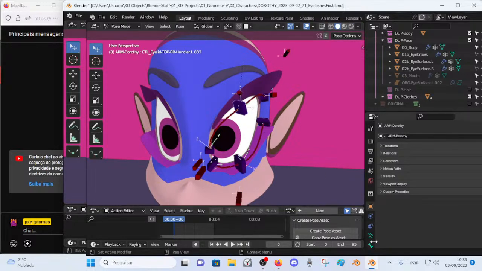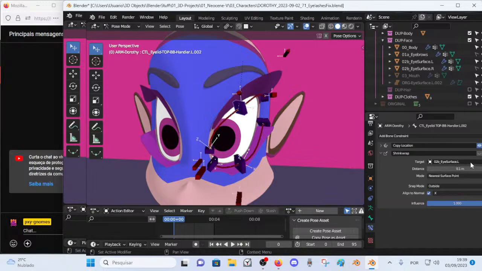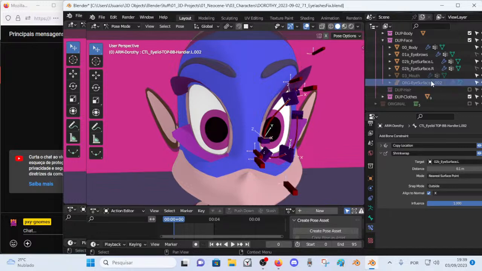So currently this bone constraint is shrink wrapped to the surface, the eye original, but I want to use this as a target. Let's target here. Actually, let's change this name, eye surface ghost, and that's it. And I cannot use this as a target. Okay,